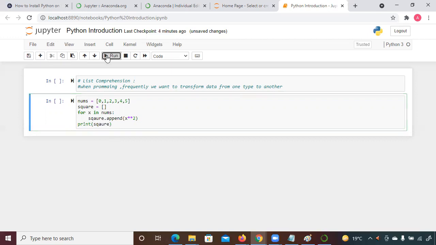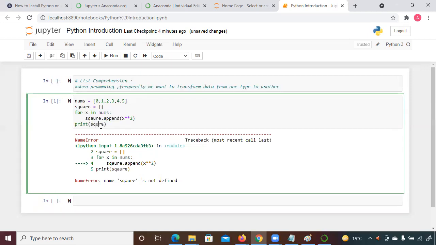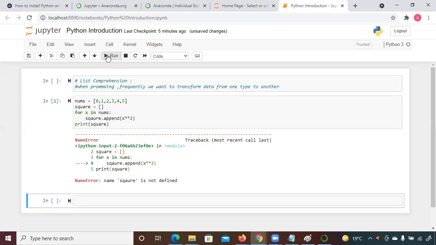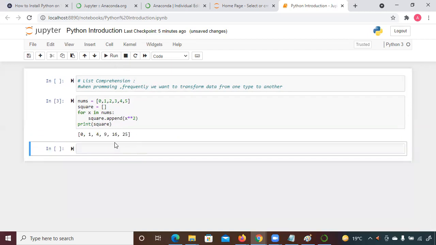Now let me run this. So we are getting an error. Oh, a spelling mistake. Yes, so let me run. The append, on the line above that. Okay, sorry. Yes. So here, as you can see, we are getting the output now. We should be careful while taking the name, because if any mismatch in the name happens, then it will not give an output, right?